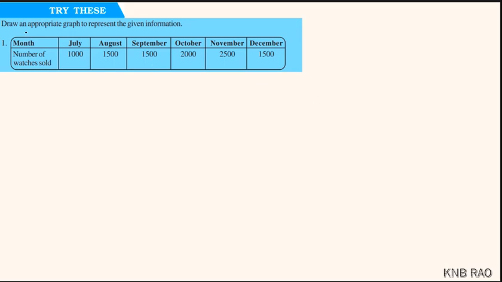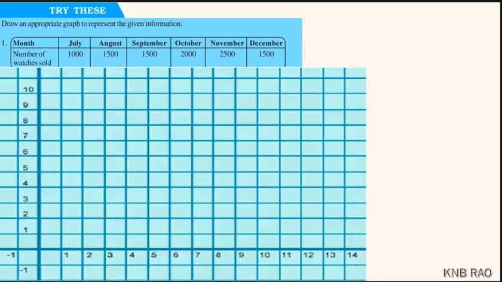If you want to draw a graph for this data, where the number of watches sold from the month July to December is given as one data of the numerical type, first we will take a graph sheet. On the graph sheet we will plot